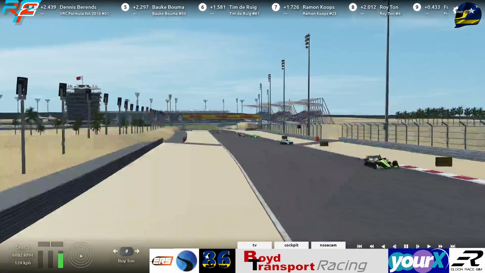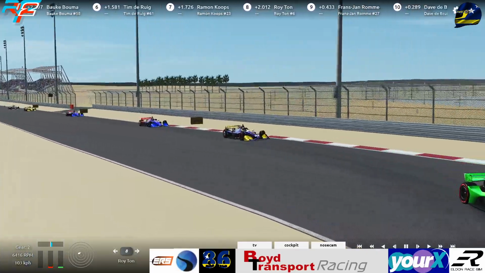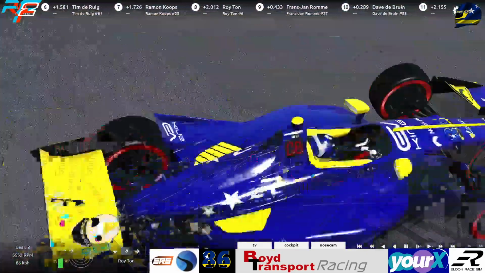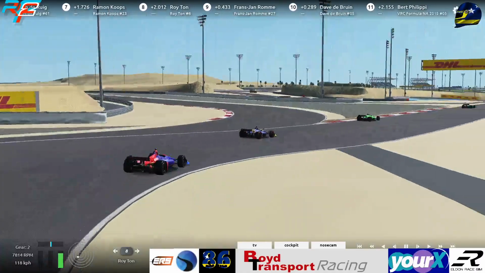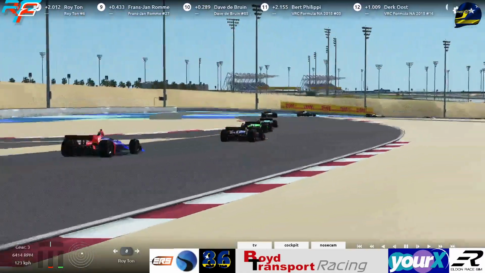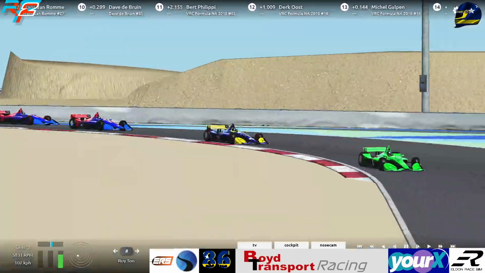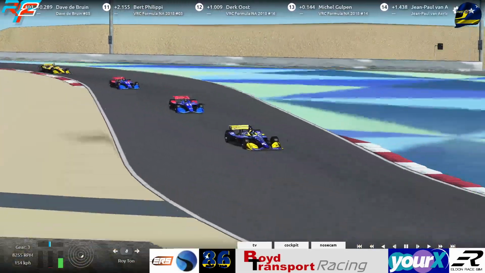So let's take a look at the starting grid. Well, we are in formation lap. At P1 we have Marcel, P2 Rolf, P3 Luc, P4 Dennis, P5 Bouke, P6 Tim, P7 Raymond,